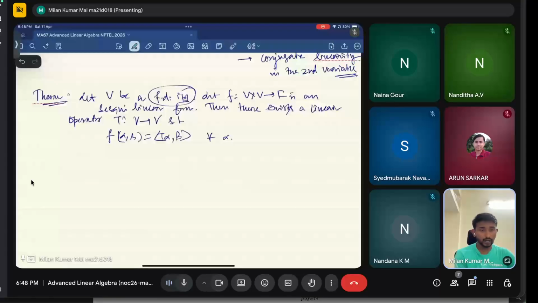So I don't use that, but I'm just trying to say that, okay, I don't need how the T actually appears here, but I will try to obtain that. So this is giving the existence of operator T, but that means that is